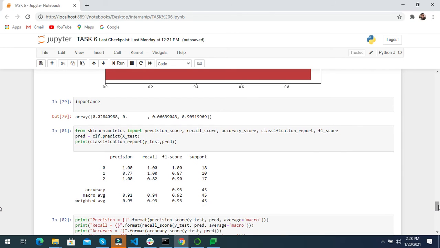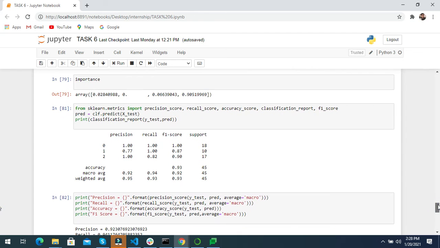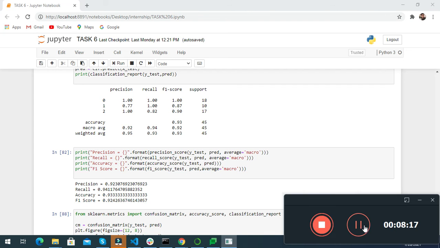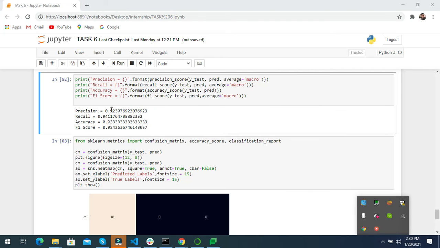Then there is the classification report: precision, recall, F1 score, and support. We calculate the precision, recall, accuracy score, and F1 score. What is precision?